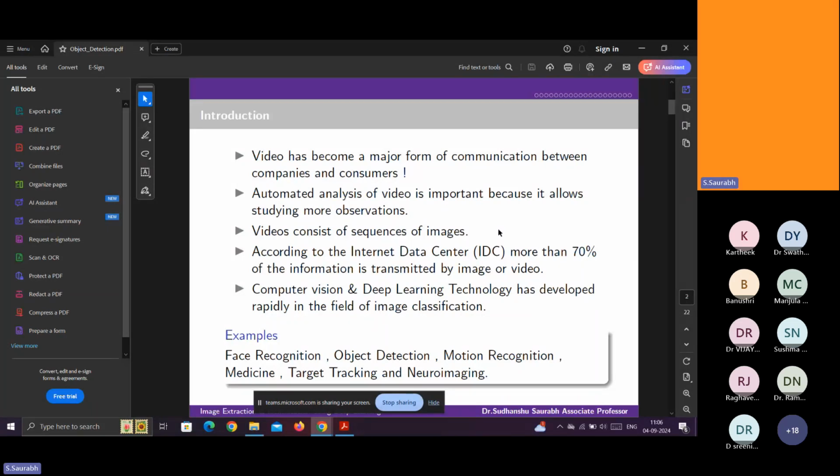And the experience of deep learning technology has changed nowadays, because the traditional way of object recognition and object detection is totally different from deep learning and machine learning along with the OpenCV models. All these three combined together give more precise results than the older techniques, meaning the traditional techniques we used earlier.